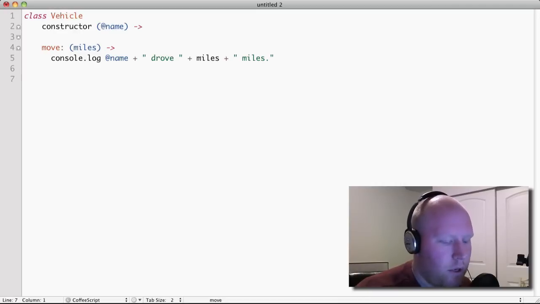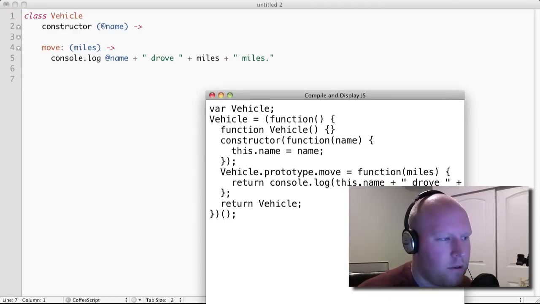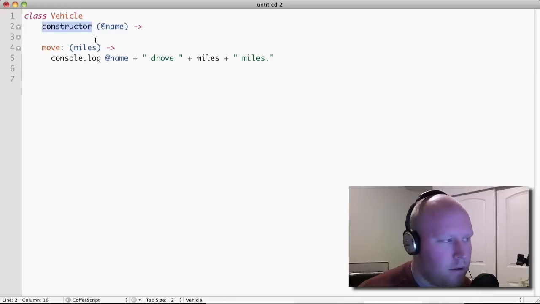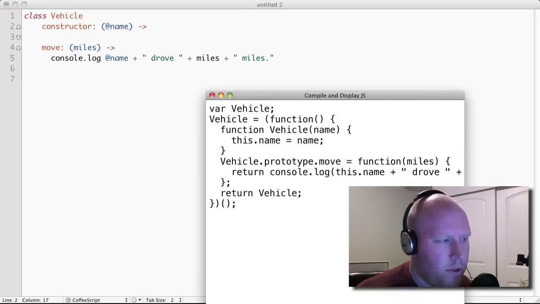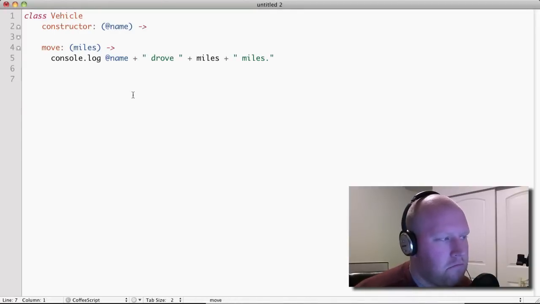So then if you go ahead and build this, you can see that you have this Vehicle, and it does the constructor here. Oh, I thought I messed something up here. So we build it again, and you can see that you now have the constructor. So you do a new Vehicle, and it calls this and sets the name up, and pretty cool. So let's say we set something up to be VW bug,